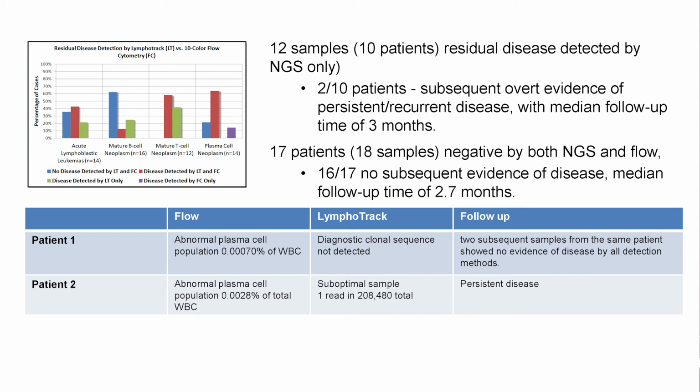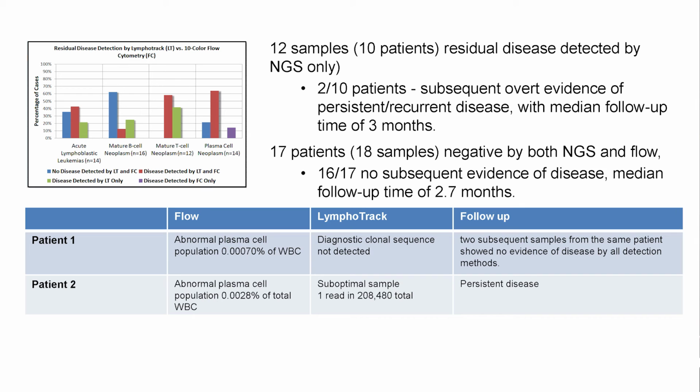And so patient number 2, there was an abnormal plasma cell population by flow. And unfortunately for this specific patient, we just didn't have enough to be able to do 2 different runs, which would give us the maximum sensitivity. But in one run, we did have 1 read of the clone supporting that the patient had residual disease, but we really couldn't call this a positive because we require at least 5 reads to be able to call minimal